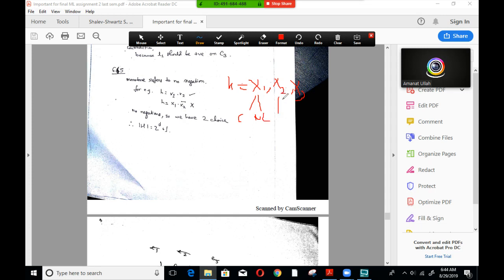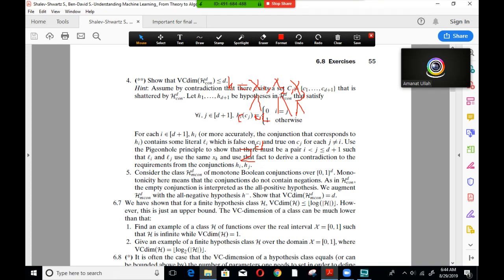So choose or not choose, choose or not choose. So how many options do you have in total? You have 2 to the power the number of variables. Say the number of variables is d, so you have 2 to the power d options. So our question is